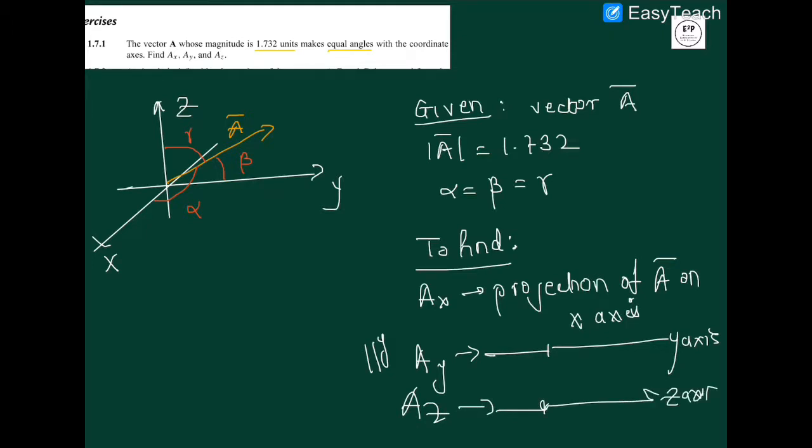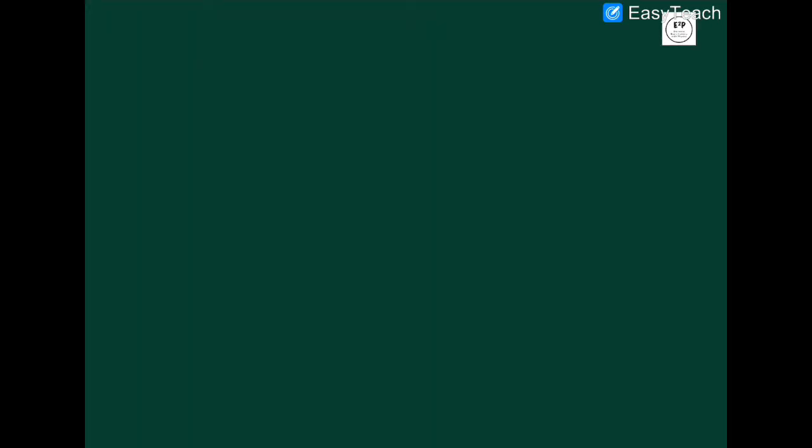So in this particular diagram, let me show you how these projections are going to look. I'm just showing this for the y direction because it's quite simple over here to imagine it. So this particular thing is AY. Similarly we can also go for AZ, and this is the AZ. Similarly we will have something as AX over the x-axis. Now let's move to the solution part.